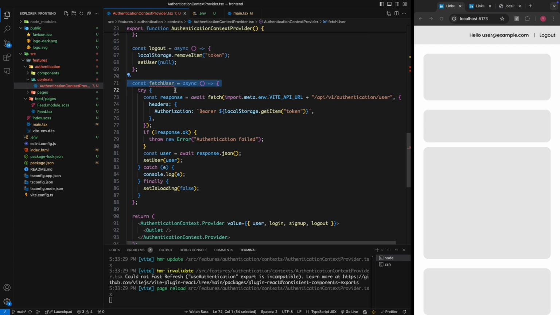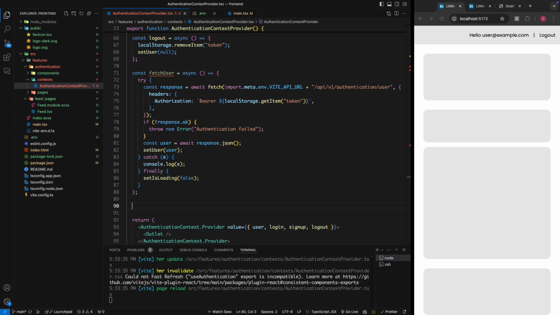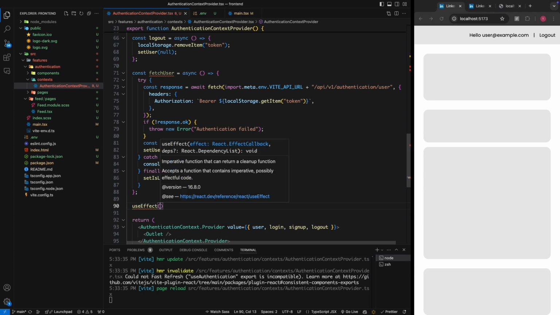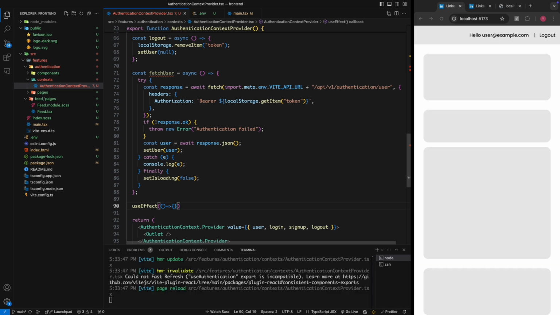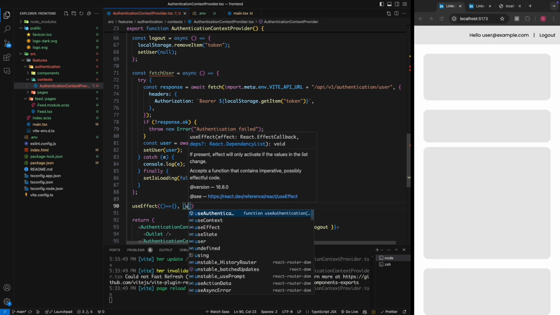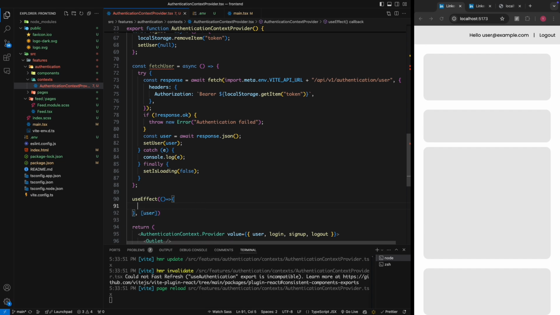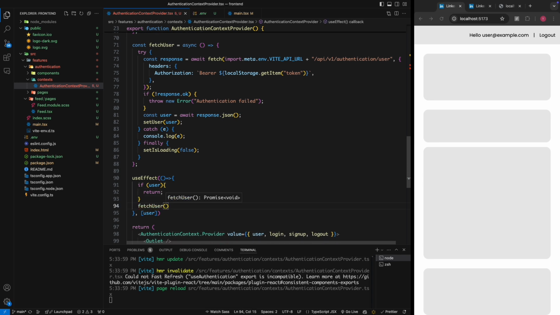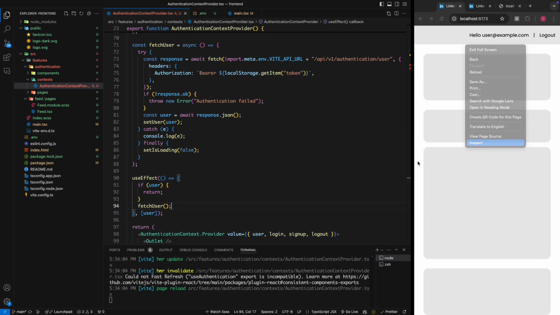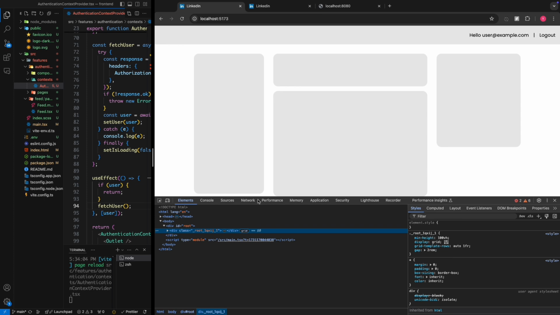So this function, we're actually gonna call it when the context is rendered. So we're gonna be using a useEffect, like so. We'll be using the user as a dependency, and here we're gonna say if we already have a user, return, don't do anything. If it's not the case, call the fetch user function, like so, and this is going to log in. So if I actually check the network tab here,